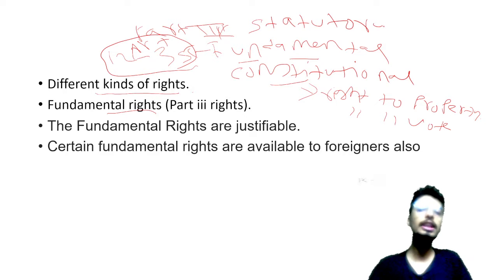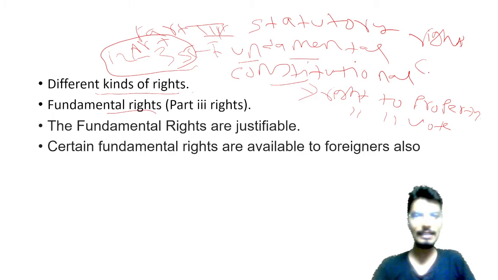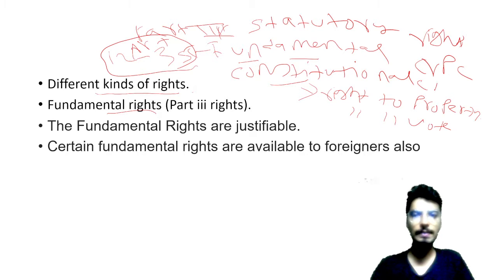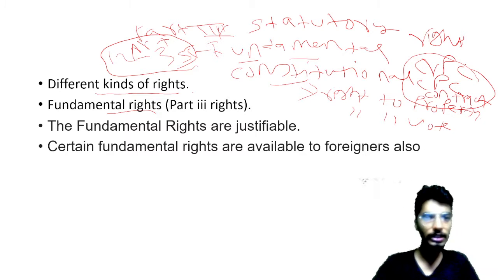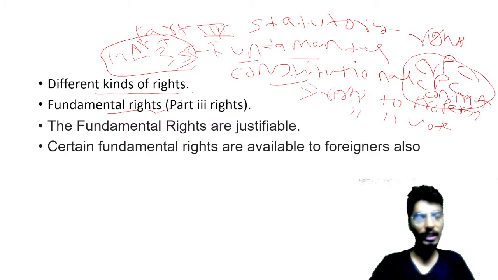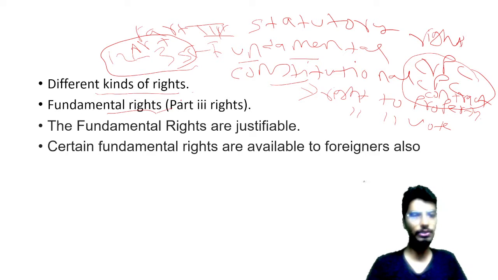So you will find कि there are rights given to us काफ़ी सारे statutes में, like CRPC will give you certain rights, CPC will give you certain rights, contract law will give you certain rights. So these rights are also there. These are statutory rights. So I hope this point is very clear that fundamental right एक तरह के rights होते हैं, but और भी तरह के rights होते हैं.